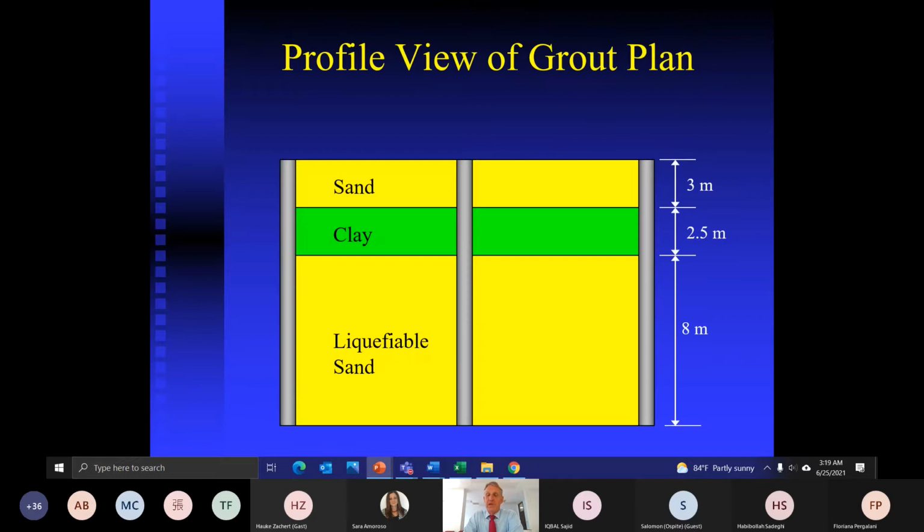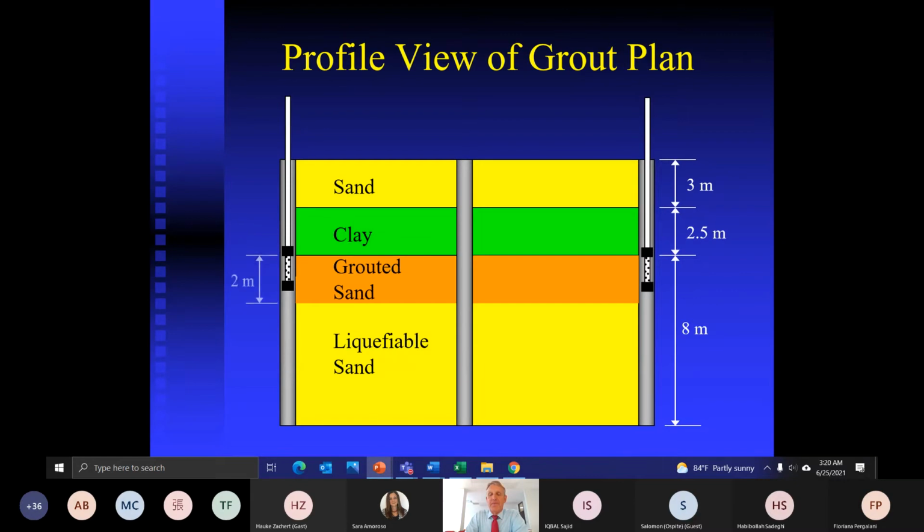So in profile view, the liquefiable sand we were expecting to originally treat was 8 meters thick. So what we do is put some packers down the hole to inflate against the side, and then we can inject the silica grout into the soil. No, I'm sure there's some variation of this, but this is an illustration. And then we moved the packers, put them back into place, and injected another segment. So the zone that we treated was only 2 meters thick, and we're going to liquefy an 8 meter thick zone